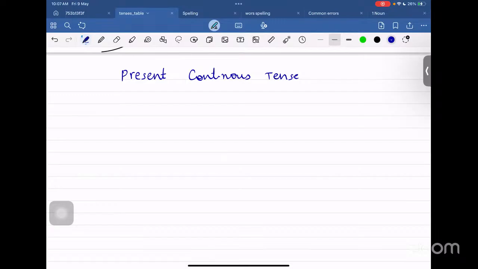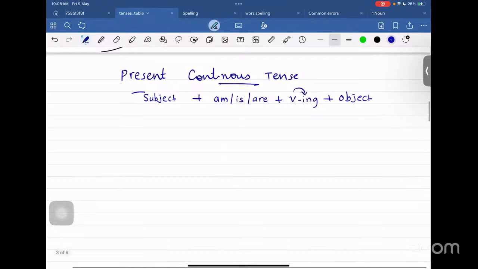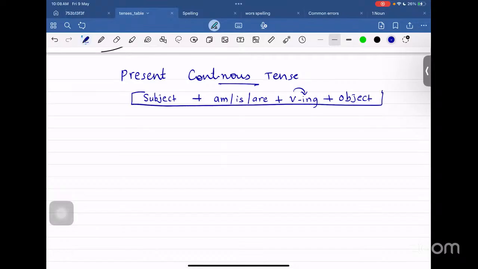ब्रैकेट में मुझे क्या लिखना पड़ेगा? सब्जेक्ट, मराठी में जिसको कर्ता बोलते हैं हम लोग, हम इज आर प्लस वर्ब आईएनजी। वर्ब आईएनजी मतलब वर्ब को आईएनजी लगाएंगे कंटिन्यूअस टेंस में, और लास्ट में आएगा ऑब्जेक्ट। ओके, तो ये हमारा क्या हो गया? फॉर्मूला। इसी फॉर्मूले से हम चलने वाले, जितने वर्ड्स बनेंगे हमारे इसी फॉर्मूले के रहेंगे। ठीक है, देखो एग्जांपल बताता हूँ मैं।